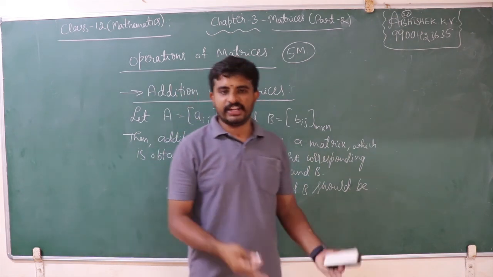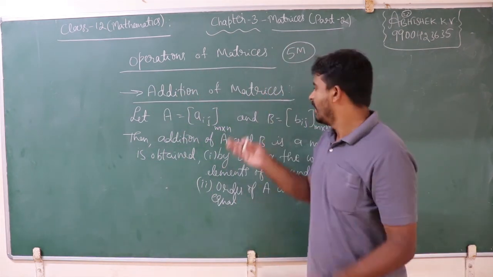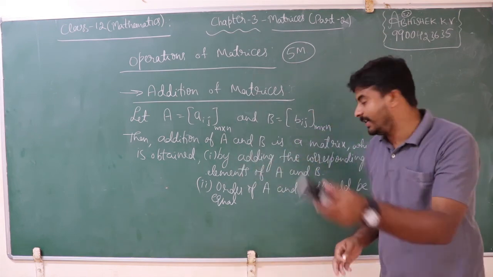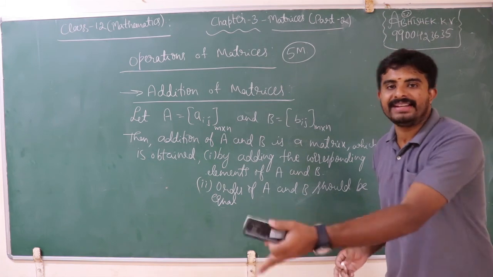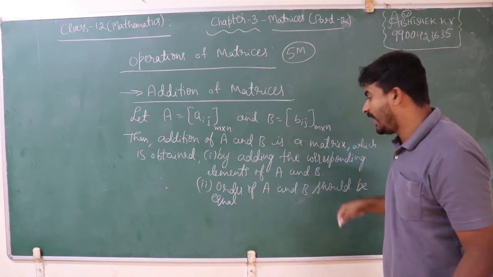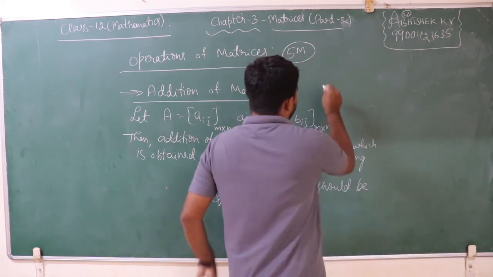If I consider any two matrices A and B, the sum of those two matrices is obtained by adding the corresponding elements of matrix A and B, and that can be done only if the order of A and B is equal. See, for example,